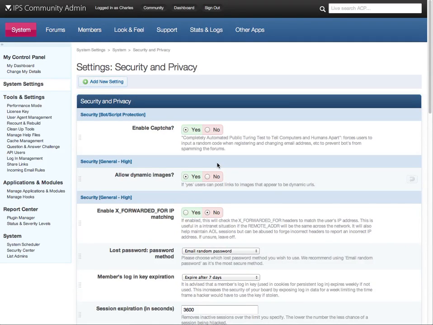Here we have the Security and Privacy Settings group in the Admin of IPS community. There are a lot of various settings in this group, some of which are very straightforward and I won't really go too deep into them. But on the whole, this settings group allows you to control some low-level security and privacy settings within the software that